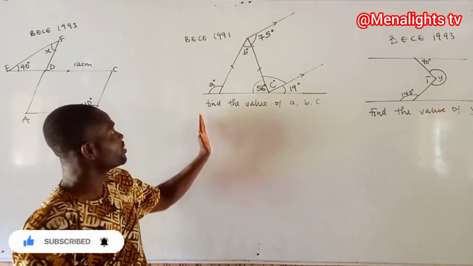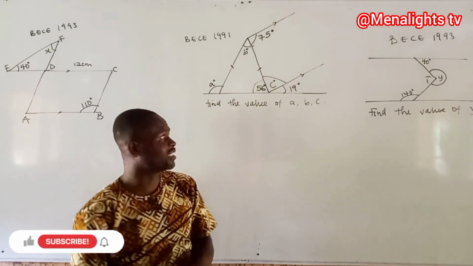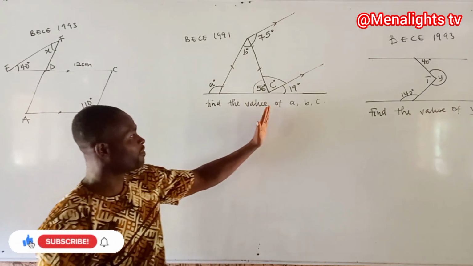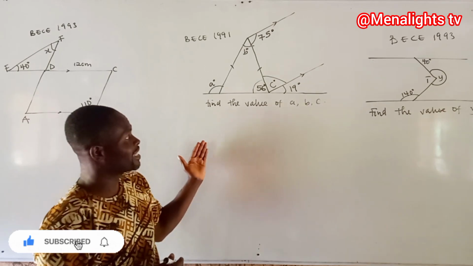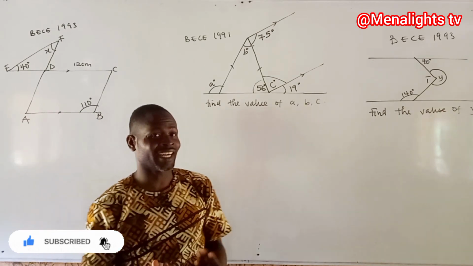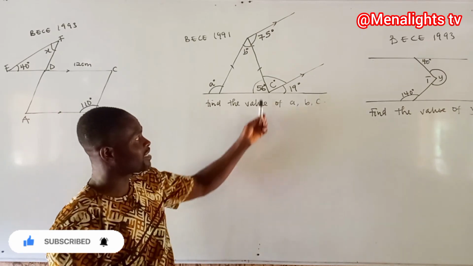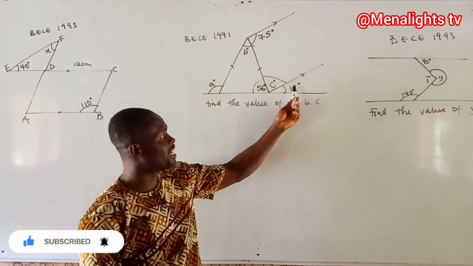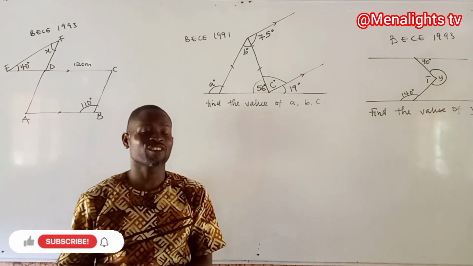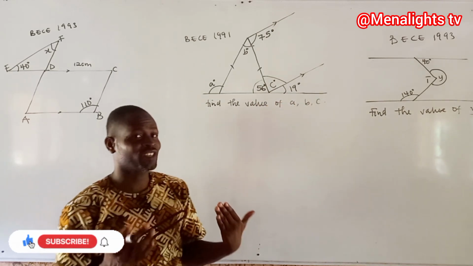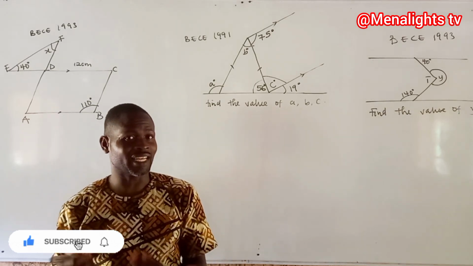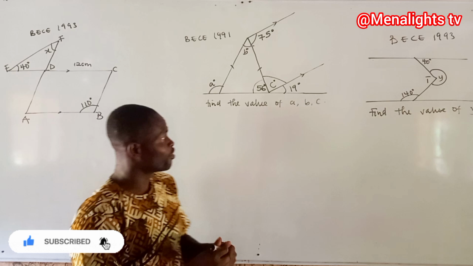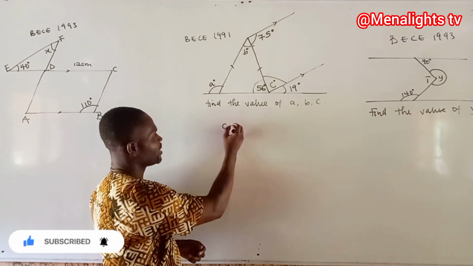So let's start with the B.E.C.E 1991. Here you have to find the value of the angle marked with A, B, and C. So when you look at this, I'm going to start with the angle C. When you look at 56, C, and 19, they are angles on a straight line. So angles on a straight line will sum up to give you what? 180 degrees. So from there you can say that C plus